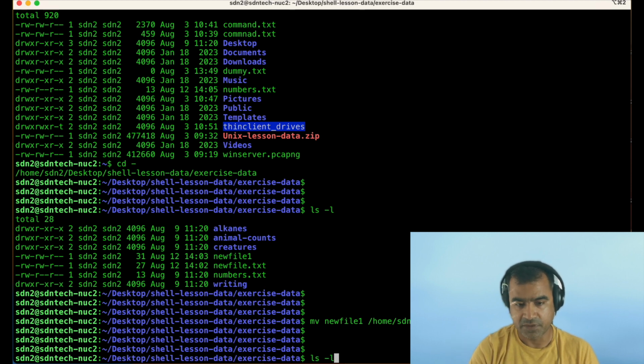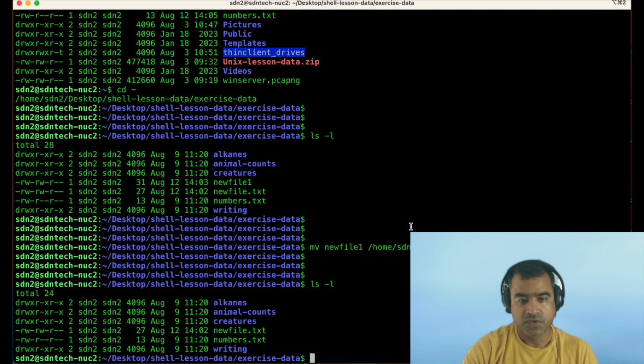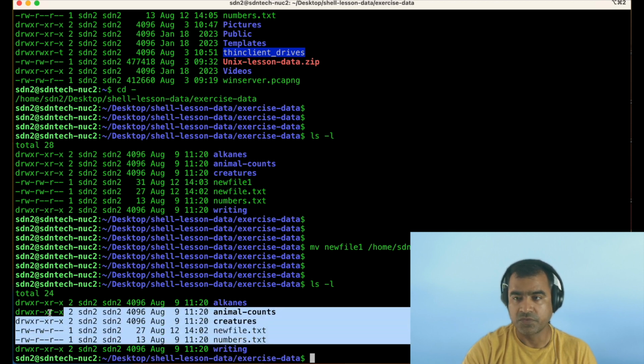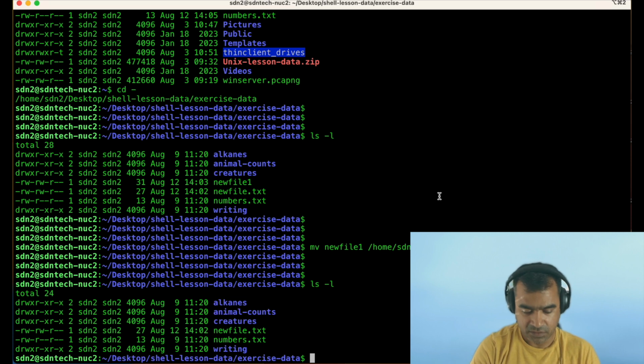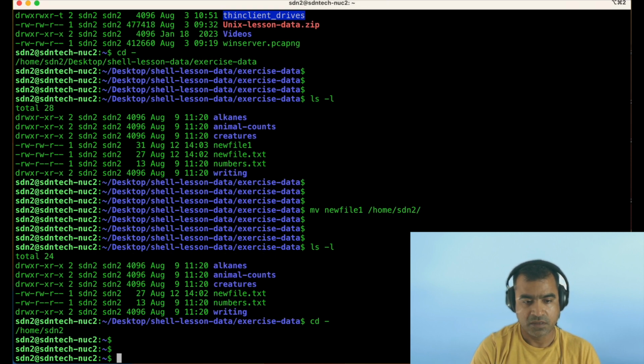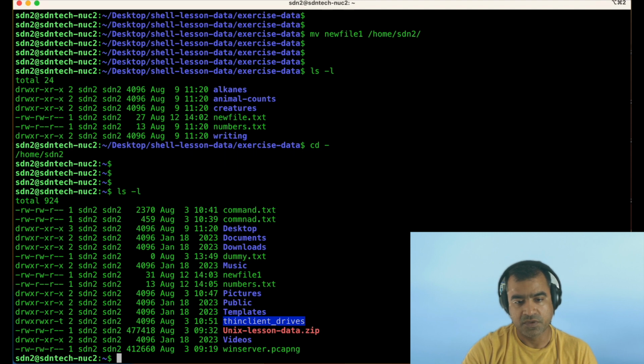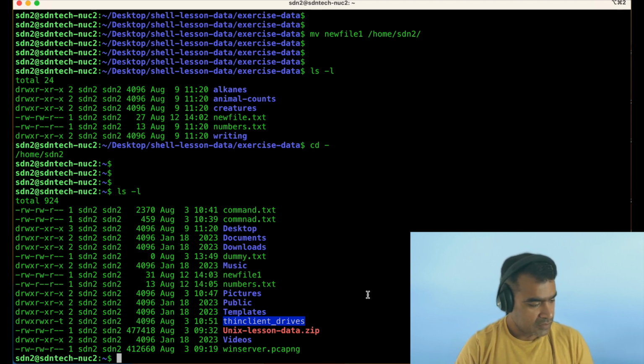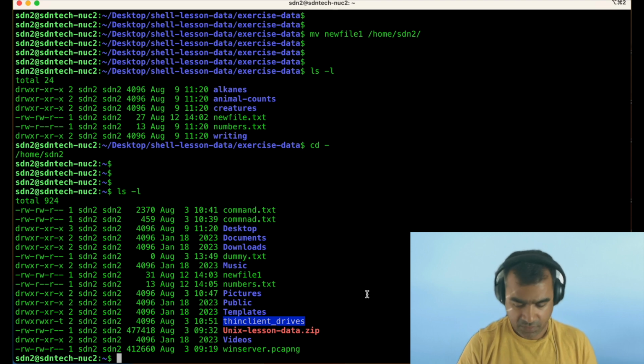Let's check what happened in the current directory. You can see we do not have new file one here anymore. There is no new file one in the current working directory. We can go back to our home directory and check. Here you can see we have the new file one moved here, right? So this is cp and mv, but